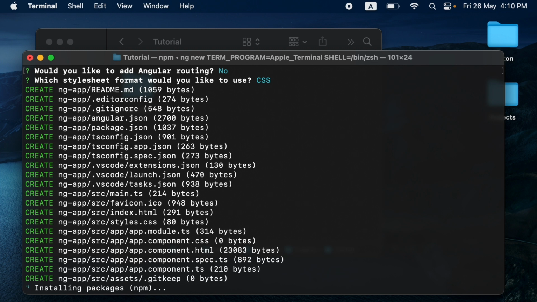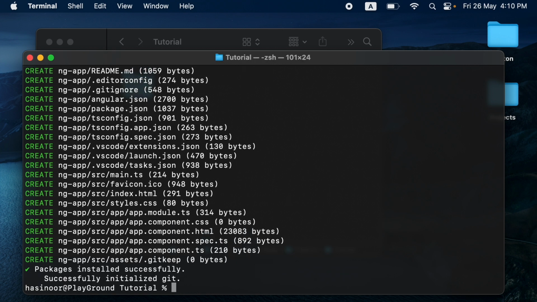Now Angular CLI will take care of creating our project and installing necessary packages and dependencies. This may take a while. Please hang on. Once the package installation is complete, we can navigate to our project directory by running the command cd, then the directory name, in our case it is ng-app,